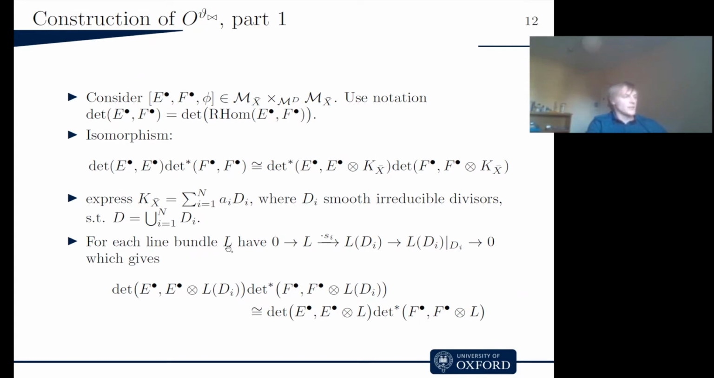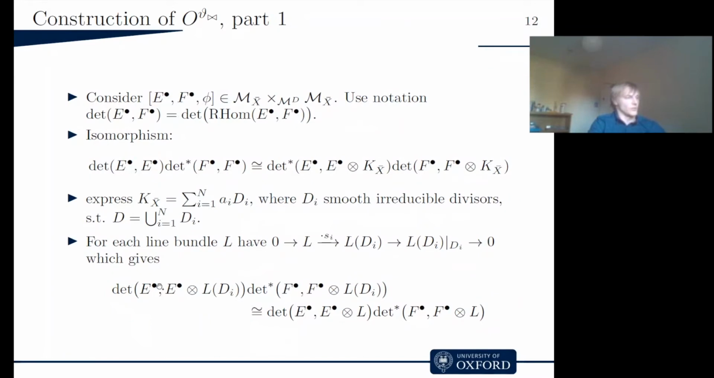And for each line bundle L, one then has the usual algebraic geometric short exact sequence, which, if you apply all of these derived operations, which give you this R-Hom complex of E and F, one gets a distinguished triangle. Applying the determinant, which is multiplicative with respect to distinguished triangles, one gets this isomorphism, which removes a contribution of a divisor